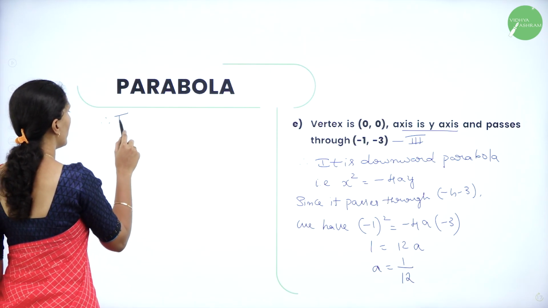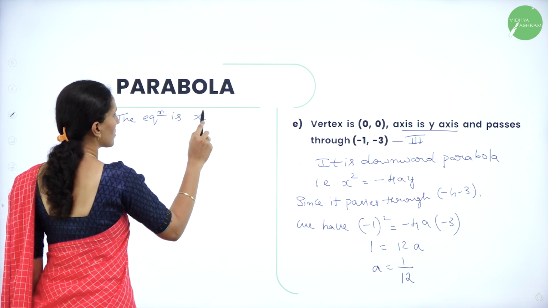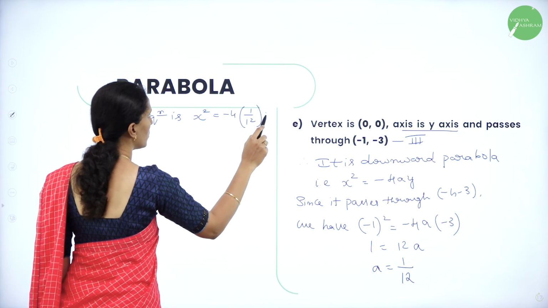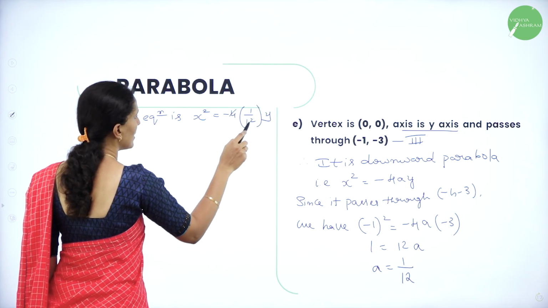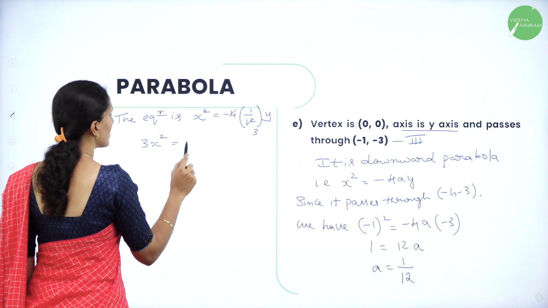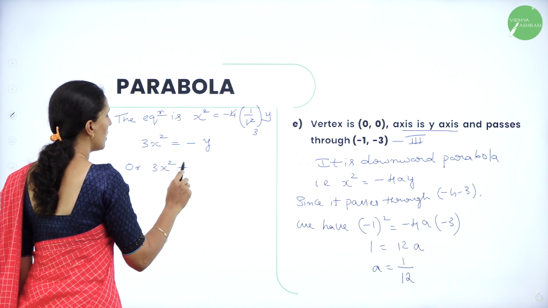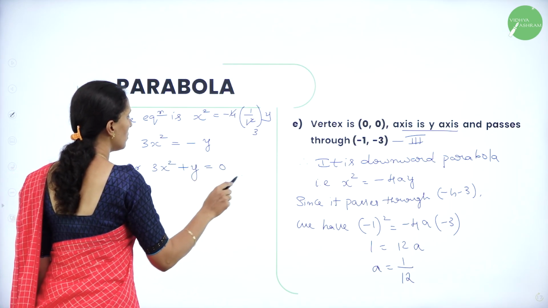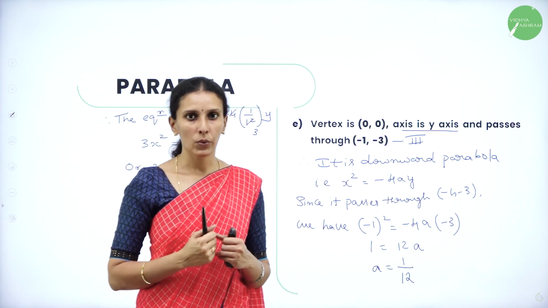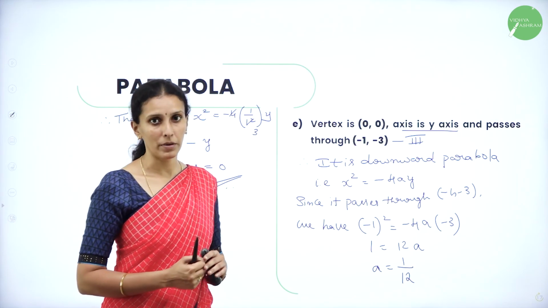So let us substitute the value of a in the general equation. So therefore the equation is x square is equal to -4 into 1 by 12 into y. So cancel this. This is 3. So you will get this as 3x square is equal to -y, or 3x square plus y is equal to 0. So this is how we can calculate the required equation of the parabola whenever the axis of symmetry and